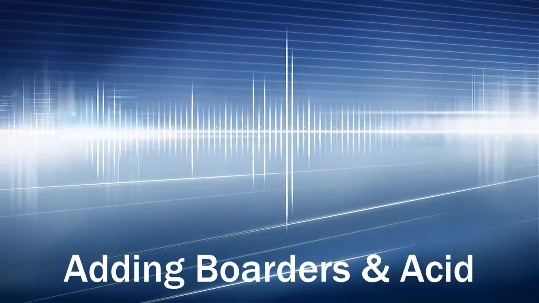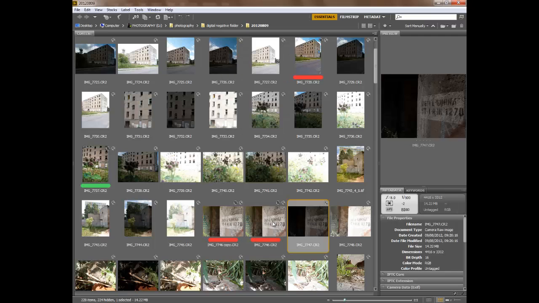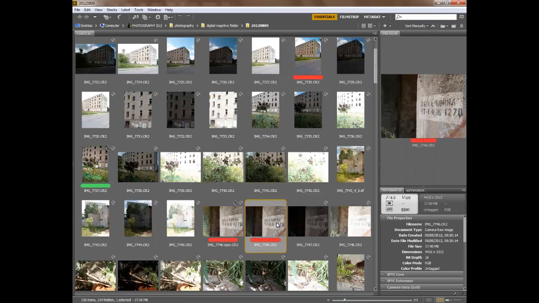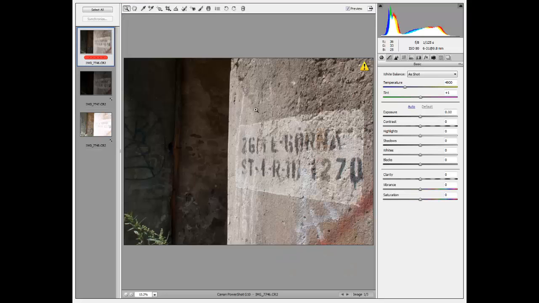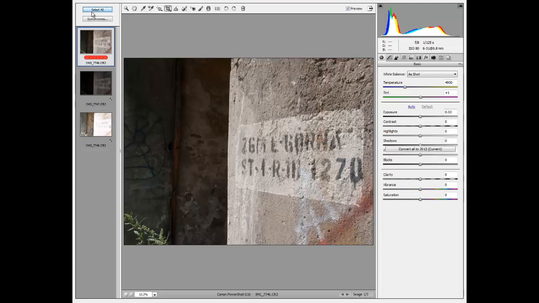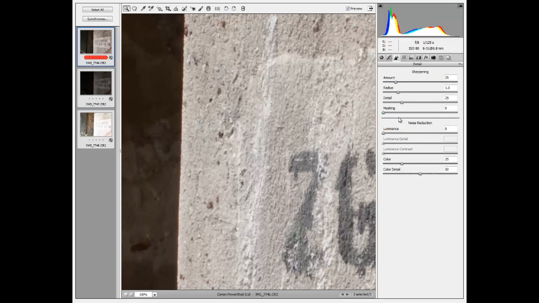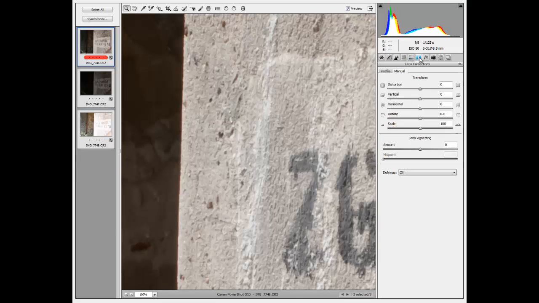I wrote a blog post last Thursday about adding borders to images, and one person commented that they like the idea of adding borders, but they don't know how to do it. So this is sort of for you, EB, MB. I'm not quite sure how I'm going to say your name, but you know who you are, and what I decided was that I would make a video adding some borders